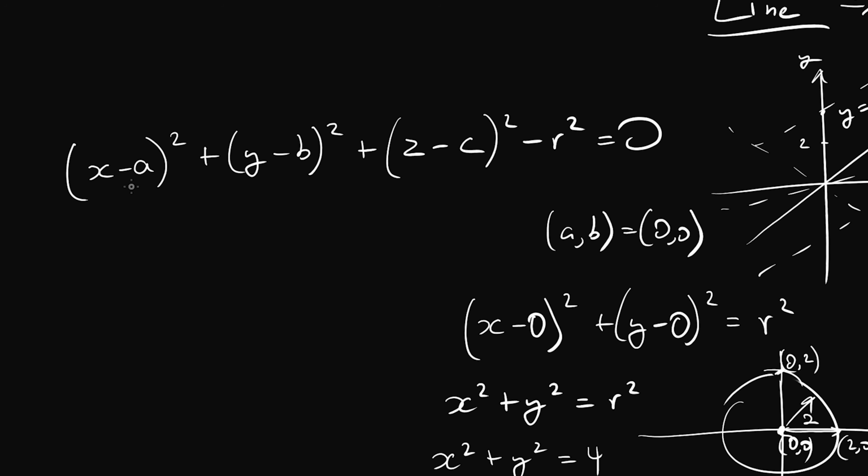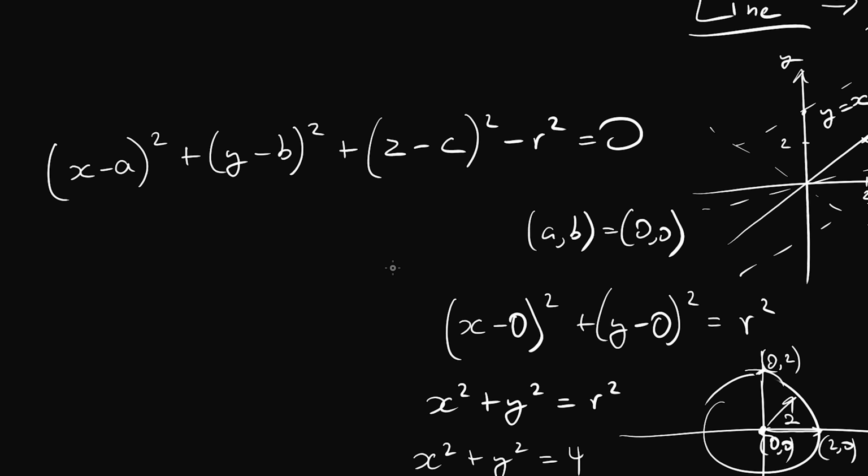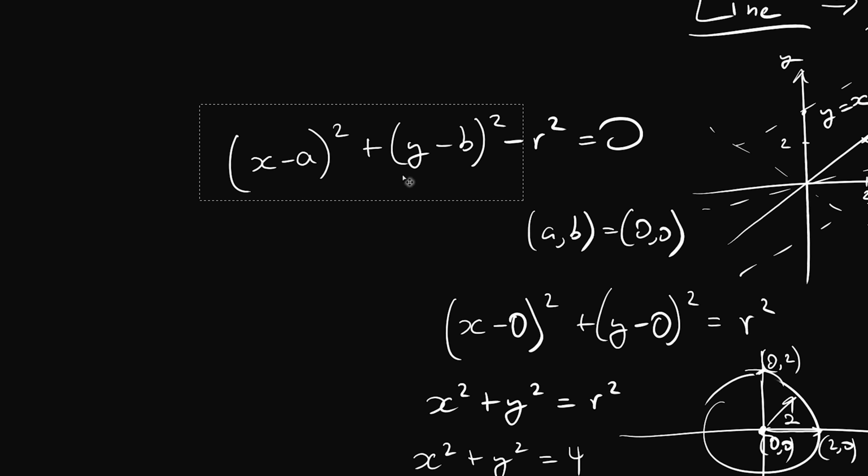So this is the equation of a sphere. Extremely similar to the equation of a circle. The only difference is, of course, we just don't have this term over here if we are dealing with a circle. And so we end up with just this. And that is our circle.